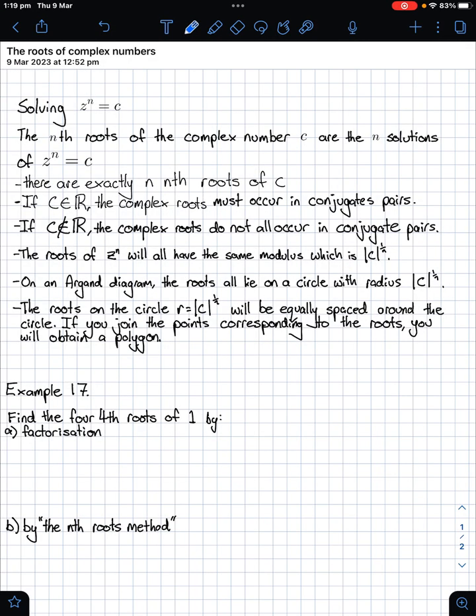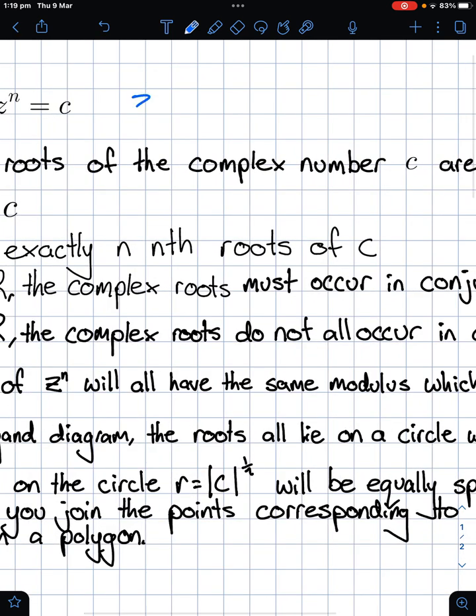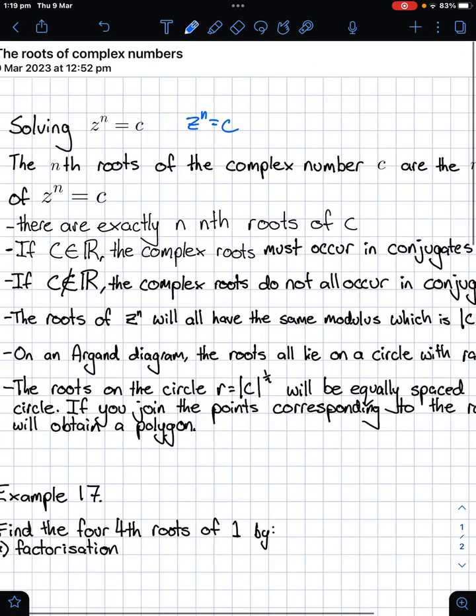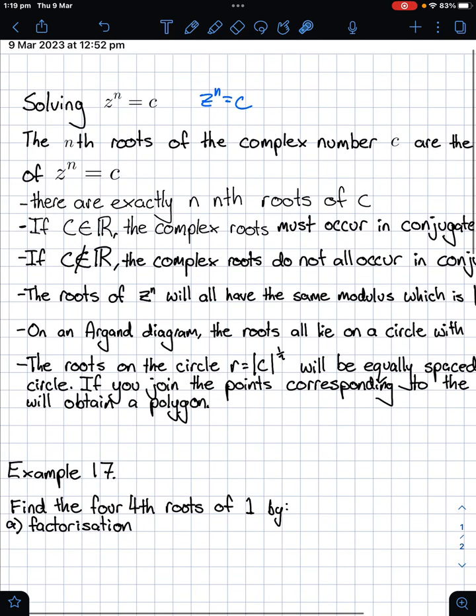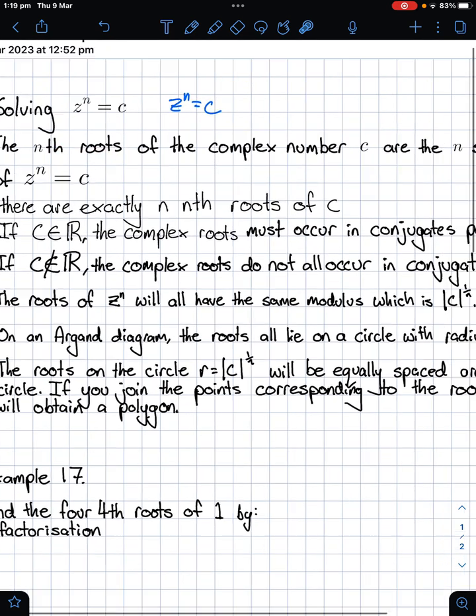So we're looking at the roots of complex numbers, which is actually probably not the best way to say it. You've got to remember that we can represent everything as a complex number, or even our real numbers can be represented as a complex number. So the idea being that if we're looking for the nth roots of the complex number c,